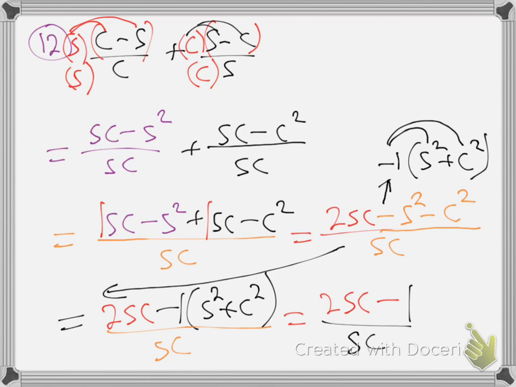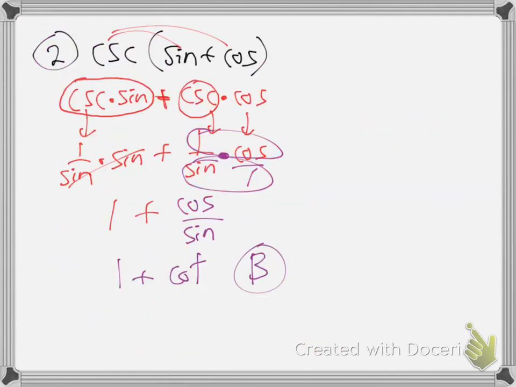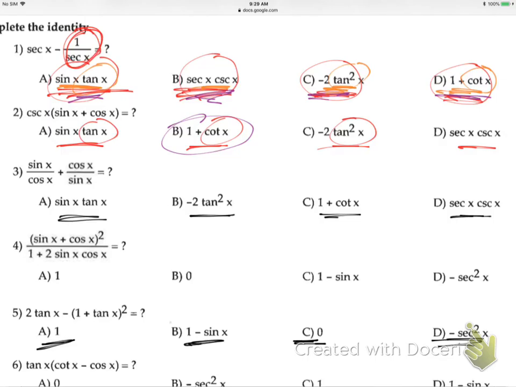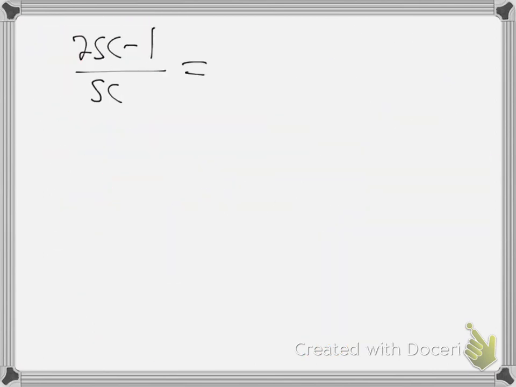I can see what to do now, but I'll show you. But we good to there? Everybody good to there so far? I'm going to take that to a fresh screen, if you're okay. So we have just the first double screener here over SC. As I'm looking at the answers on number 12, go back here to the answers. Oh, I didn't even put the answers up for number 12. So as you look at the answers,